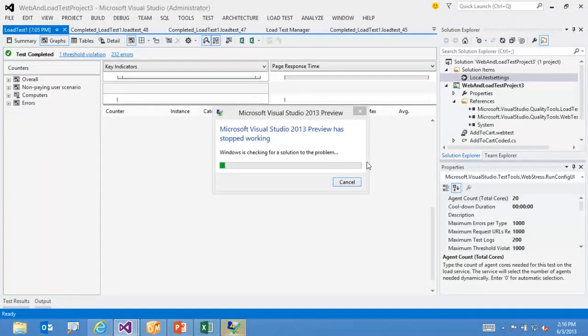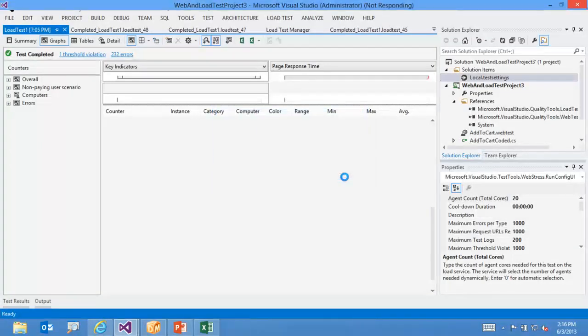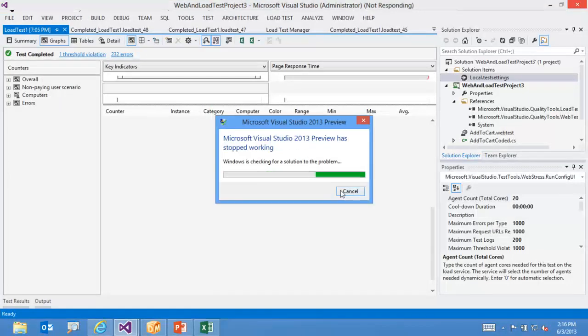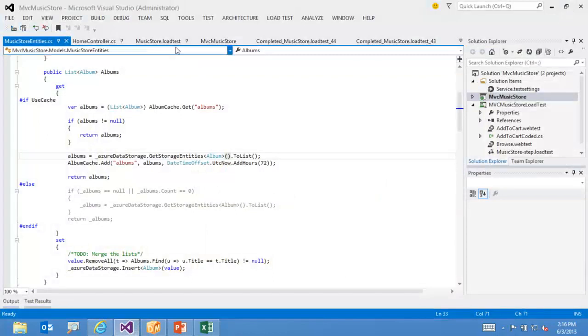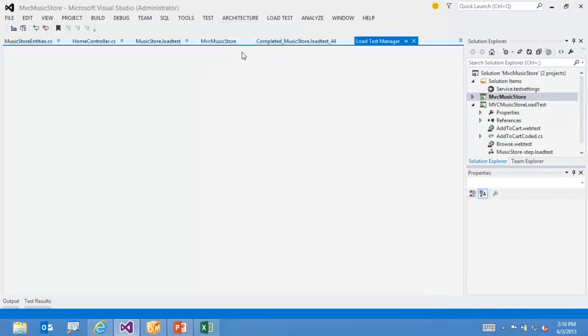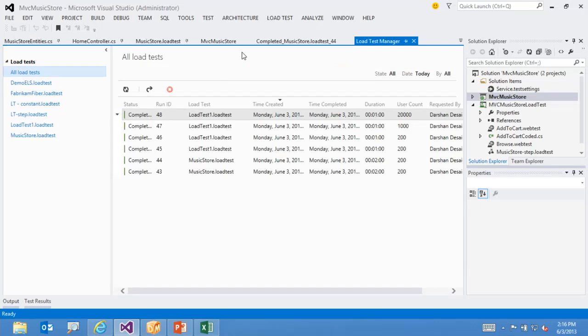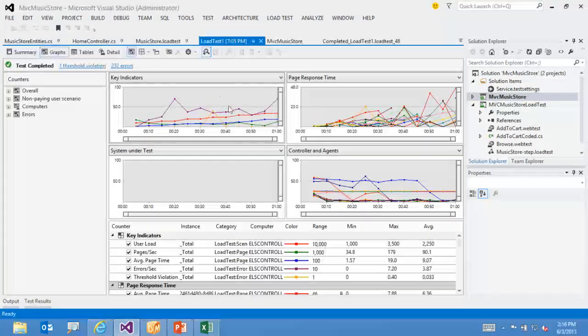Oh, it had to happen sometime, isn't it? Let me try to go and open that report again. Since I am connected to the service, I need not be bothered about losing my work. This is my last test. And when I say view report,